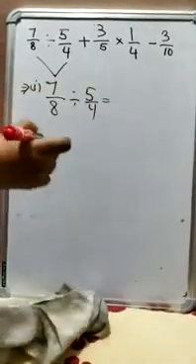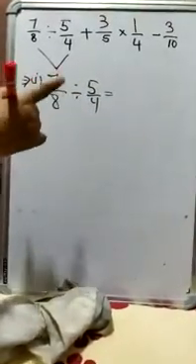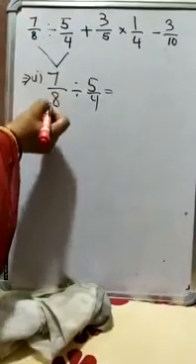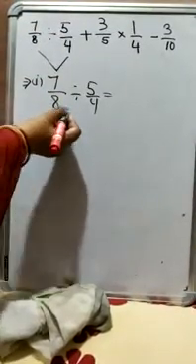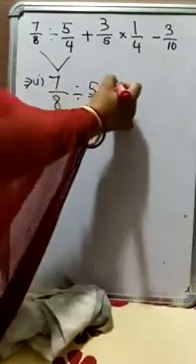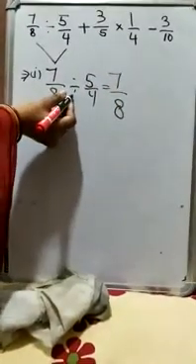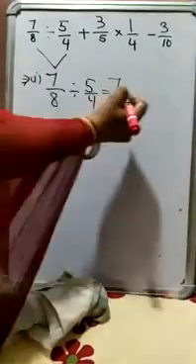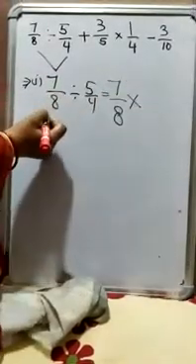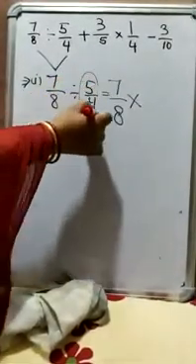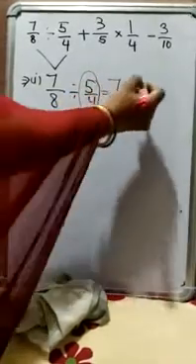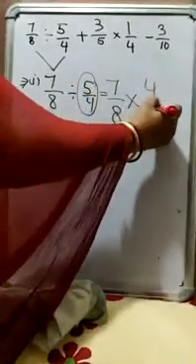As all of you know, in case of fractions, when we are doing division, here this is the dividend and this is the divisor. The dividend you have to write as it is. Now come to the sign of division. It will be changed into the sign of multiplication. And for this divisor 5 by 4, we have to write down the reciprocal, that is 4 by 5.